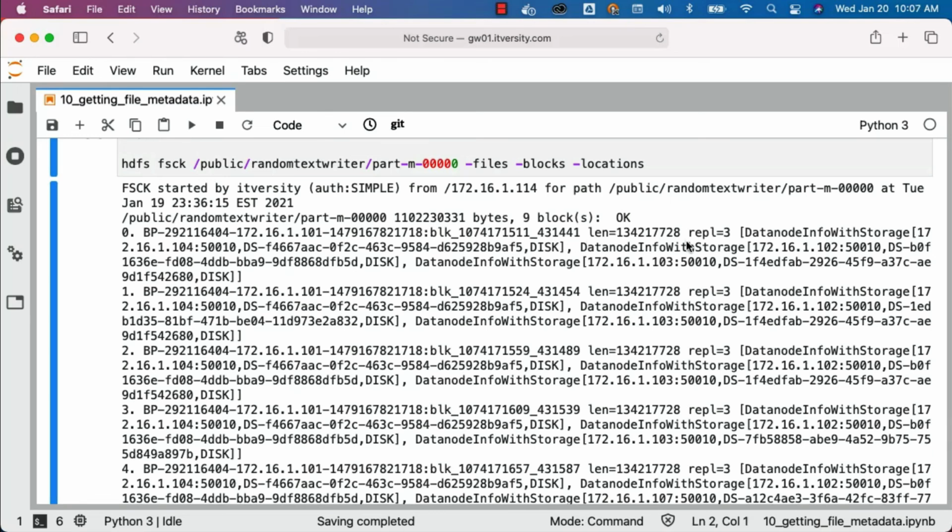This is how you should be able to get the metadata of our files. We should be able to interpret that, and we will be able to do so once we understand what is a block, what is replication factor, so on and so forth, which will be covered as part of the subsequent topics. As long as you are comfortable with the purpose of the HDFS FSCK command, for now, you are good to go.